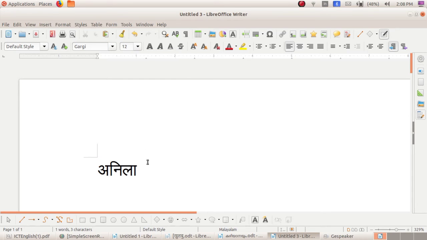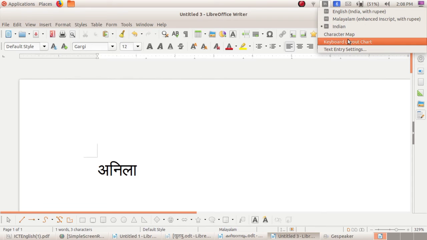Likewise, you can type your name and anything in LibreOffice Writer by changing the keyboard indicator to Indian. Here we can see that the same keyboard layout of Malayalam is used for Hindi language.